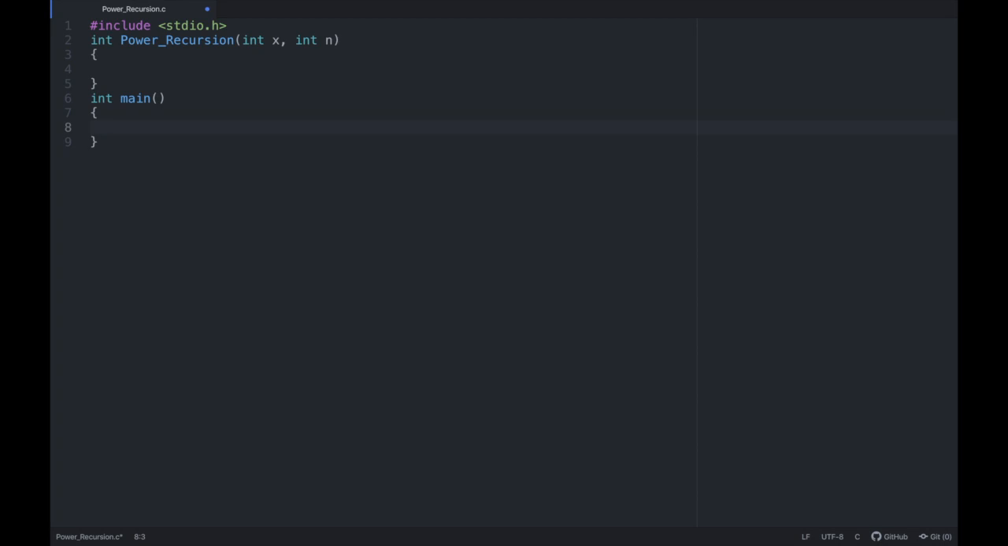So let's ask the user to enter the base and power. Let's declare two variables, int base and power, and input them. So print "Enter the base", and let's scan the input given by the user. It would be an int base, so we provided the address to base, and let's also ask the user to enter the power of the number. Enter the power,